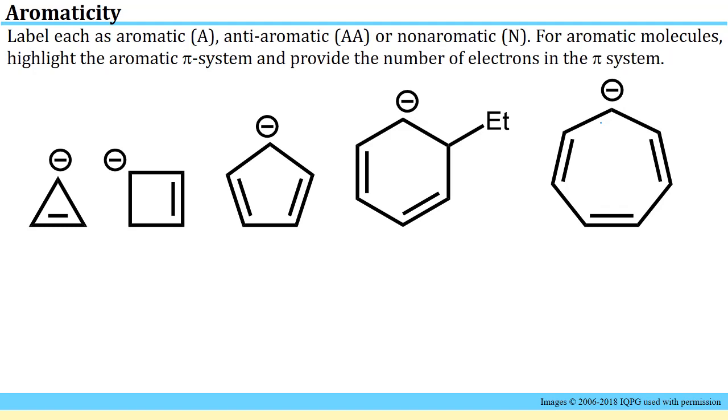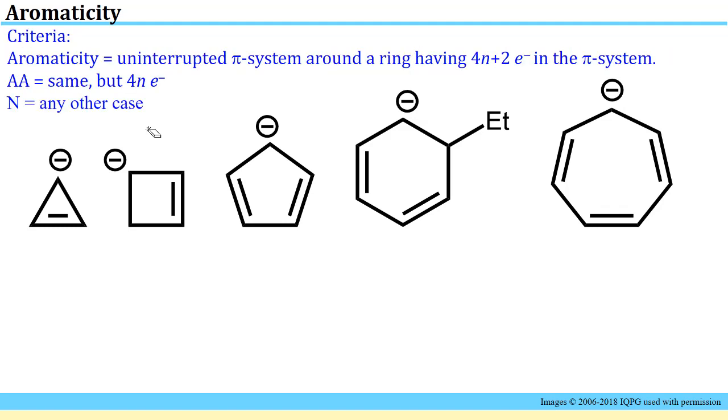We have the same question on this next slide, but instead of having cations to consider, we have a series of anions to consider. Aromatic compounds may be neutral, cationic, anionic. There's no requirement in the criteria for the charge. The criteria just has to do with how many pi system electrons we're able to move around the ring